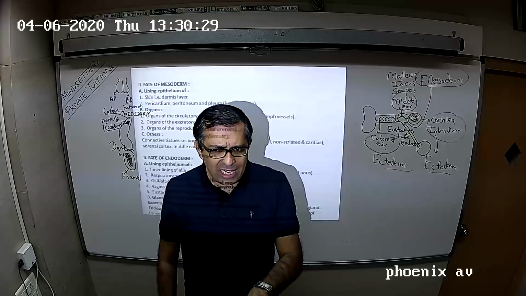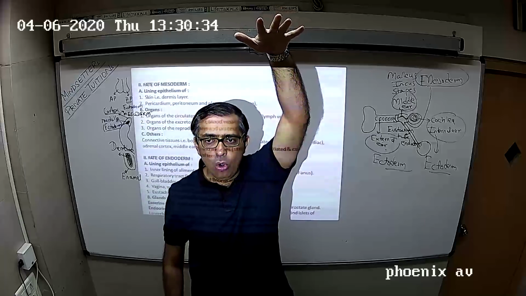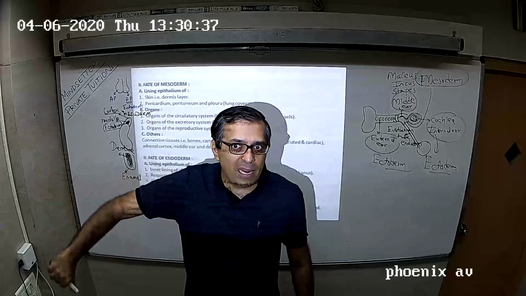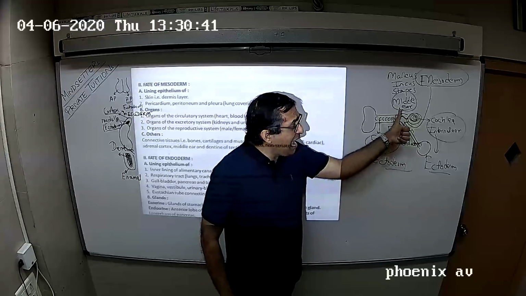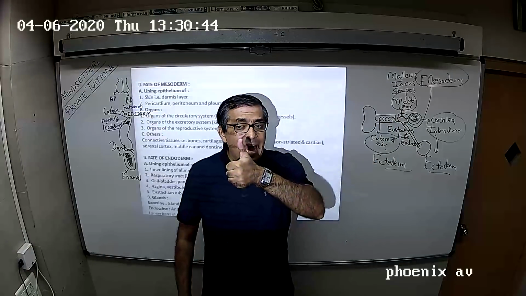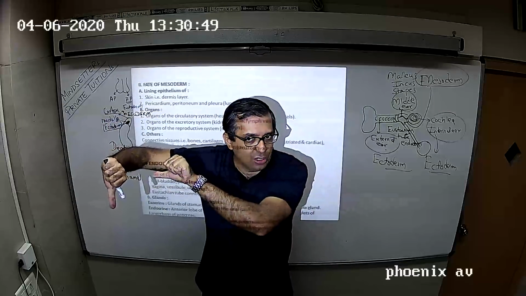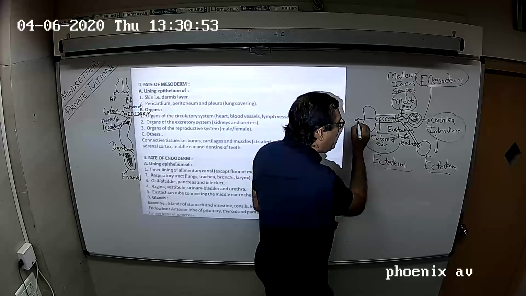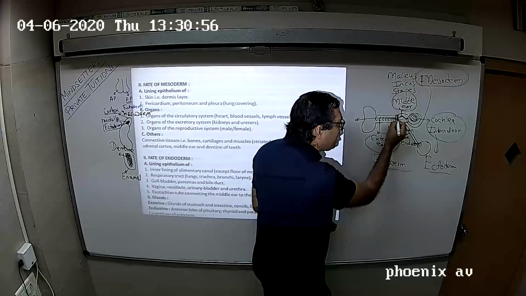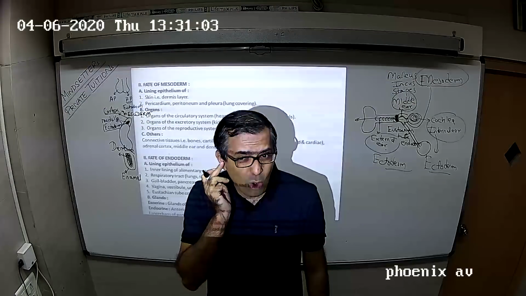Now, what will happen if you sit in a plane and you go upwards, 35,000 feet up above? Sir, outside the air pressure will become less, and inside the middle ear the air pressure will increase. Air will always go from high pressure to low pressure, and that means air will start going from the middle ear to the outside and will create a lot of pressure on your eardrum. And pressure will come on your eardrum, that will cause pain.